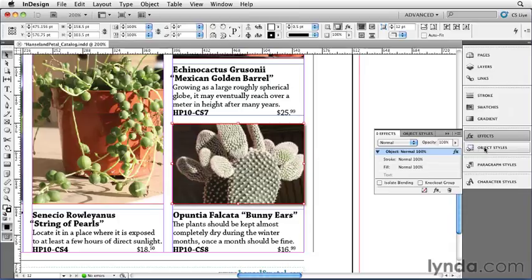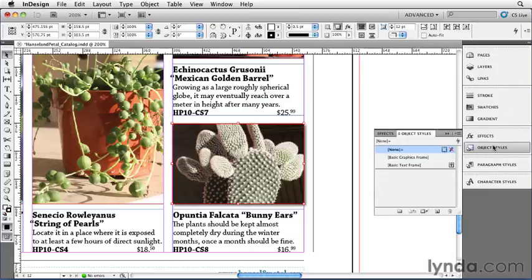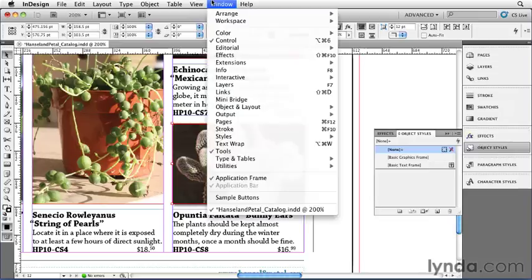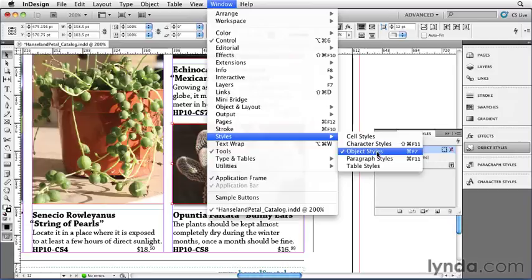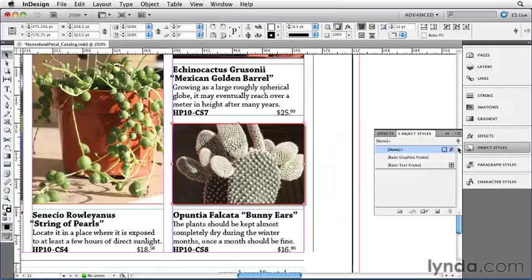To do that, I need the Object Styles panel. I can get to that quickly in my dock because I'm in my Advanced workspace. If I didn't see it there, I can always get Object Styles by going to the Window menu, choosing Styles, and then choosing Object Styles. That's where that lives. But in this case, here it is, the Object Styles panel,